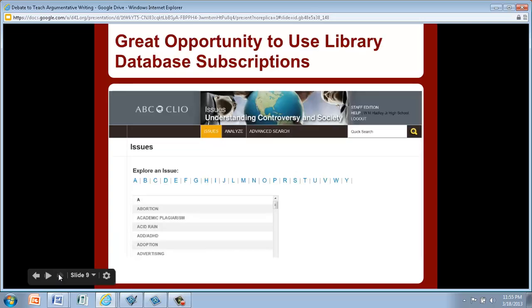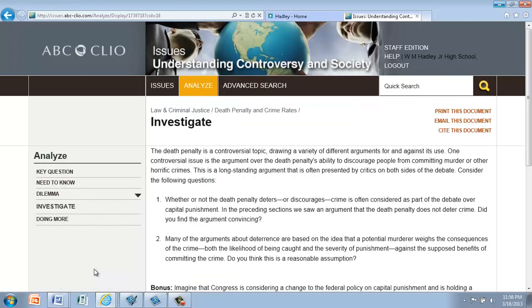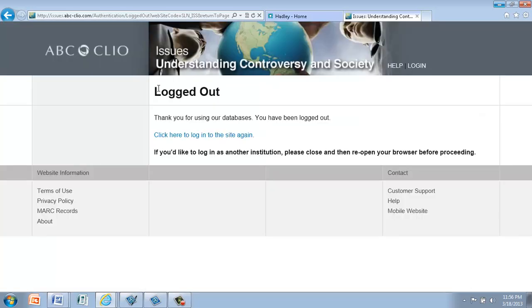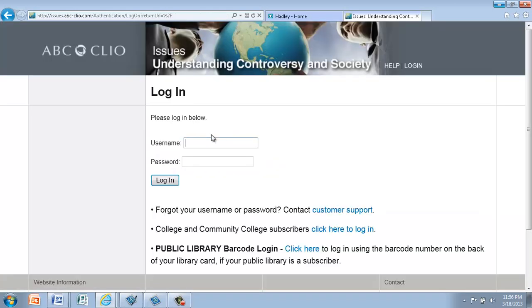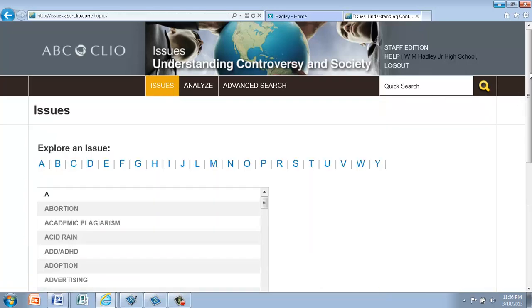Now, what would I use for that further research? Well, this is where my library database subscriptions come into play. Our library at Hadley subscribes to Issues: Understanding Controversy and Society by ABC-CLIO, and this is what the mainframe looks like. Let me take you through a short tour of that site. Once you're logged in, if you hit the Issues button here, you will see that there are issues A to